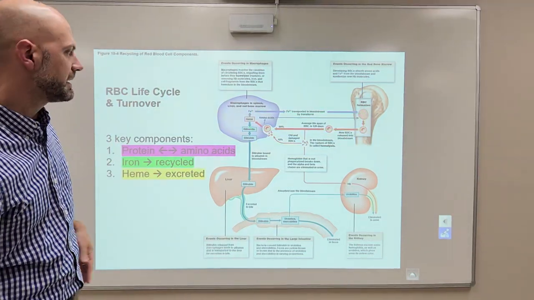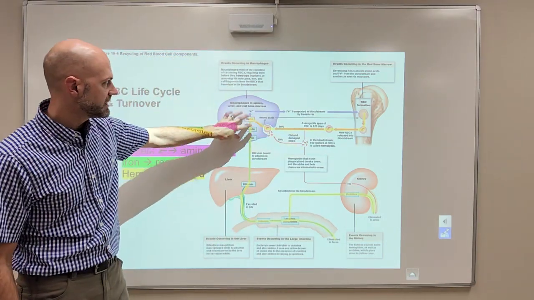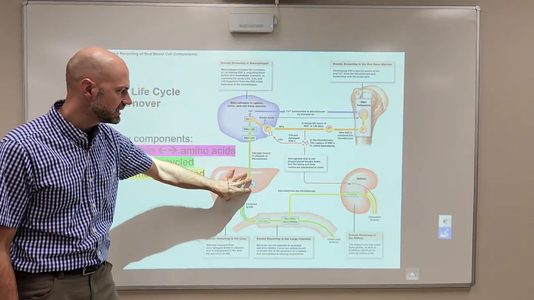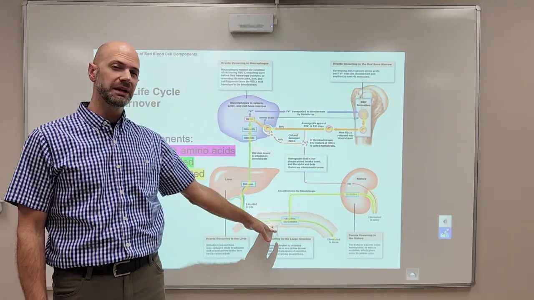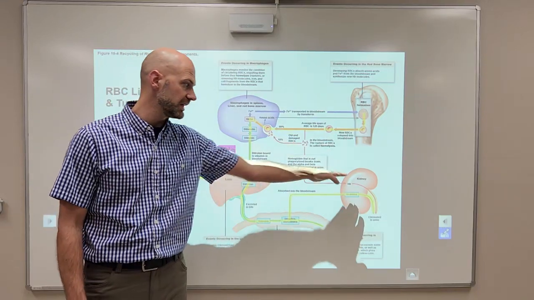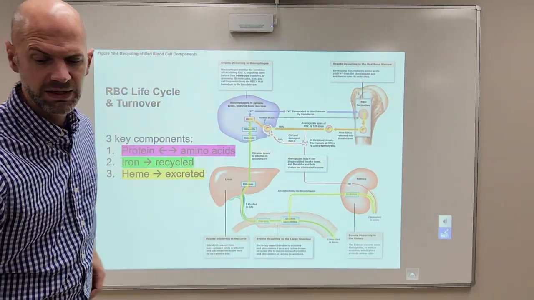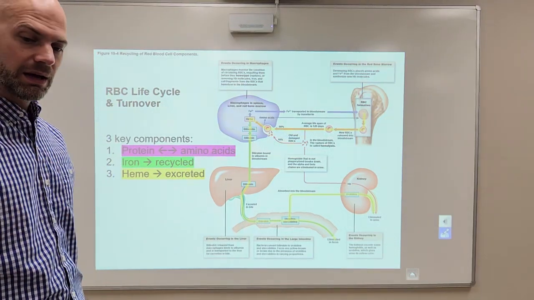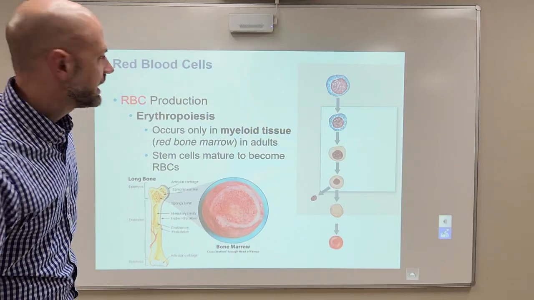And then we talked about heme, and how heme breakdown starts in the spleen and continues in the liver, and then the liver processes it into a form that we can excrete either in our stool, number 2, or in our urine. If we have liver problems, then we can have jaundice, which is this accumulation of this yellow pigment called bilirubin. All right, so